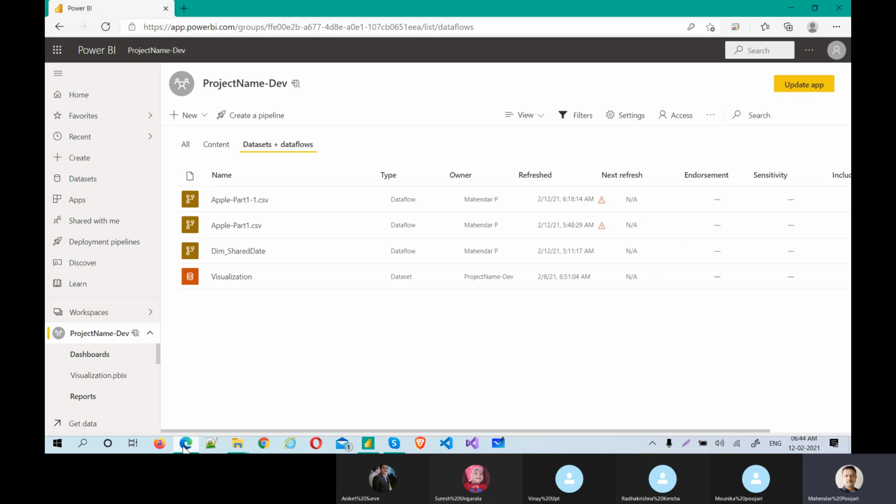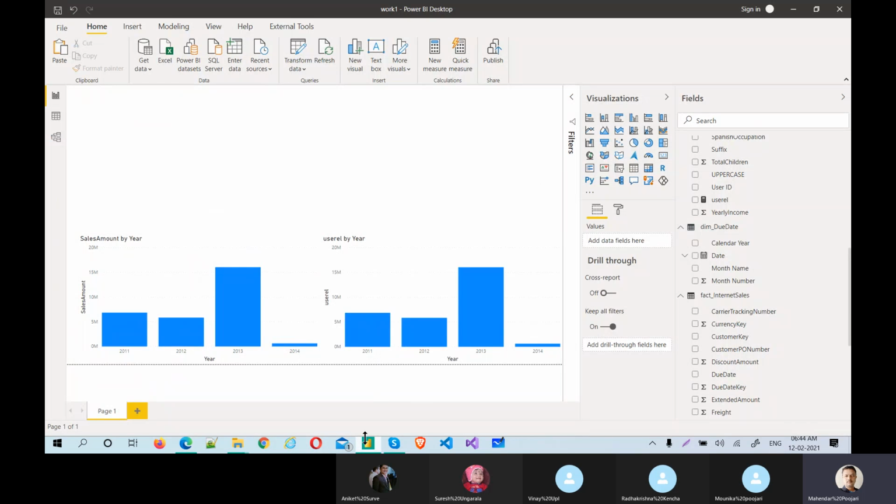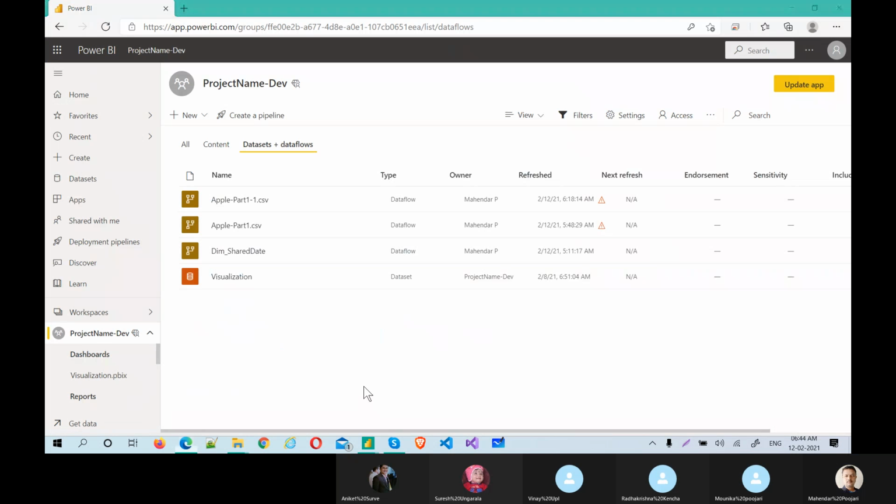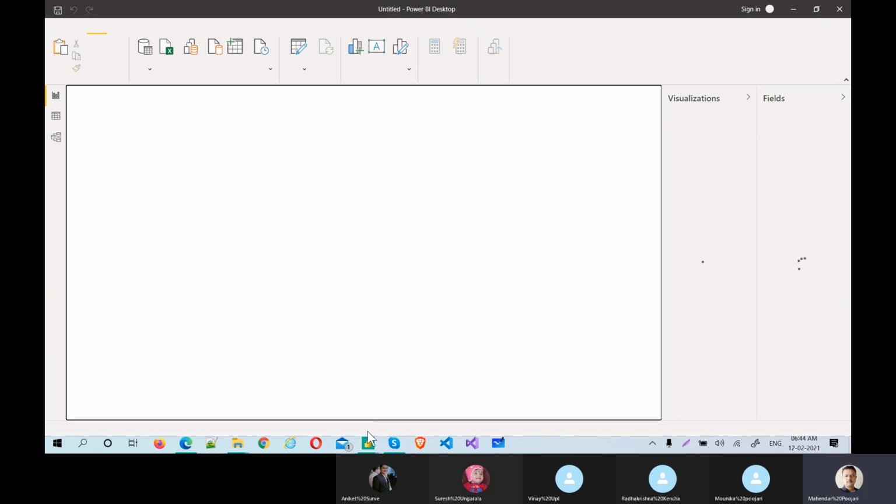Let's quickly jump into this data flow. To avoid that, yes, we can add that in the data flow also. So the next agenda is to connect this file into Power BI.